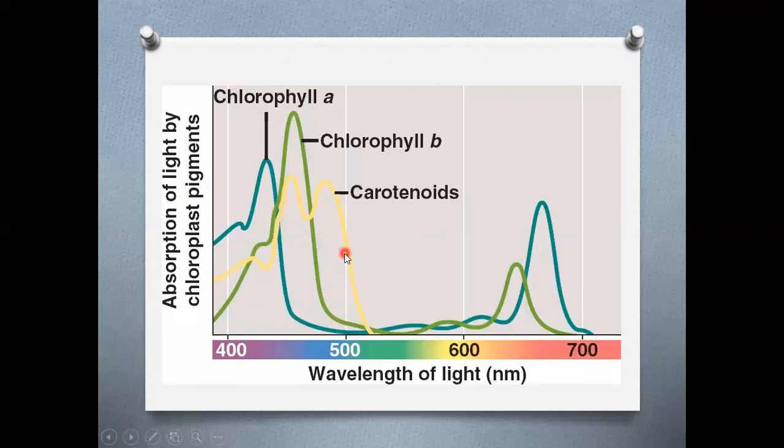Now let's take a look at absorption of light by chloroplast pigments. Which pigment, chlorophyll A, chlorophyll B, or carotenoids, absorbs light at its best? So you can see here chlorophyll A absorbs blue light at some 415 nanometer, while chlorophyll B absorbs maximum light at 460, we can say, while carotenoids absorb light from the violet color, from the blue color, and from the mixture of blue and green.